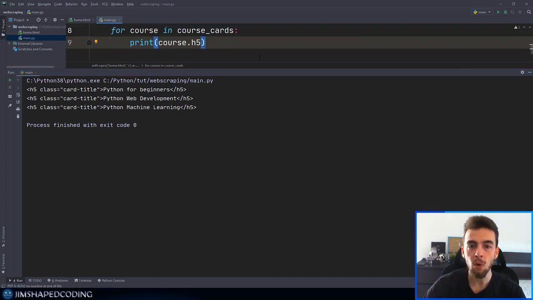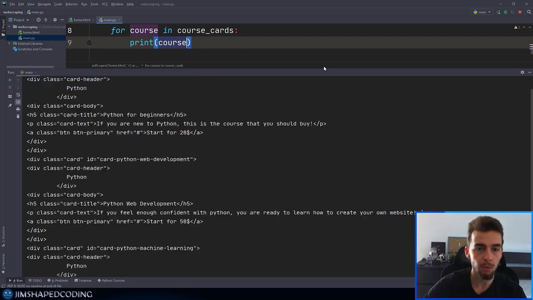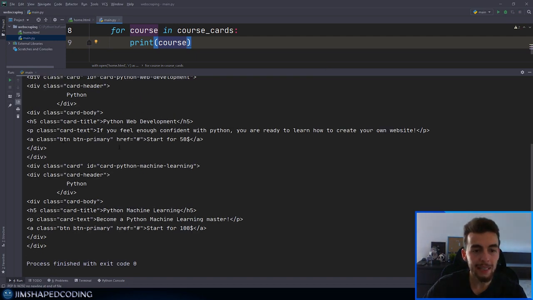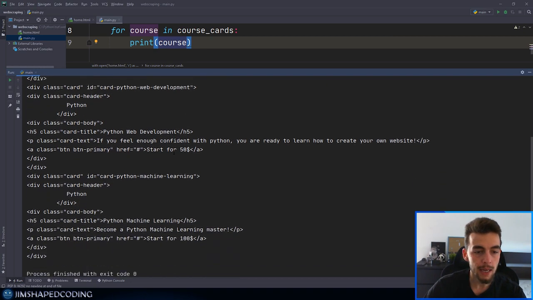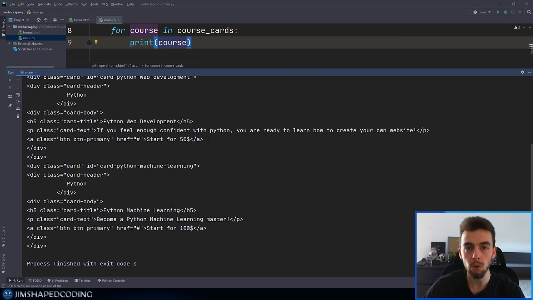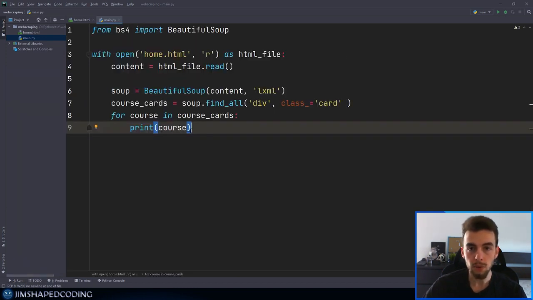Now if I revert this back to course again and run that, you can also see that inside our A tags we have the text for start for $20, and that is repeated for all of our cards as well. So first of all, it makes sense to delete this again and write here something like course_name